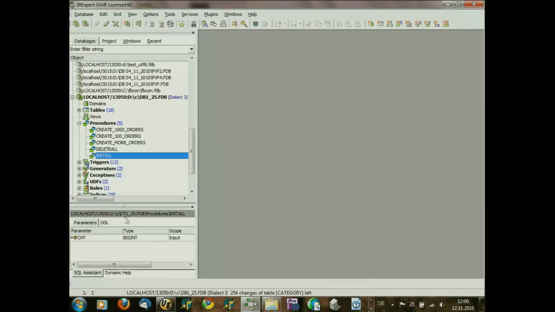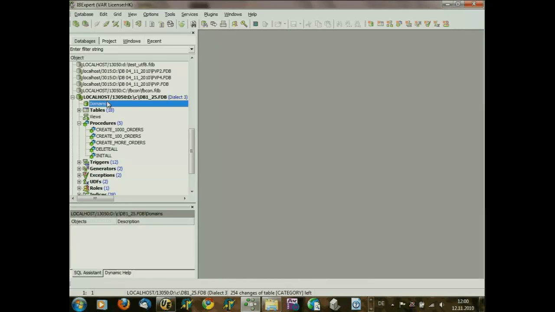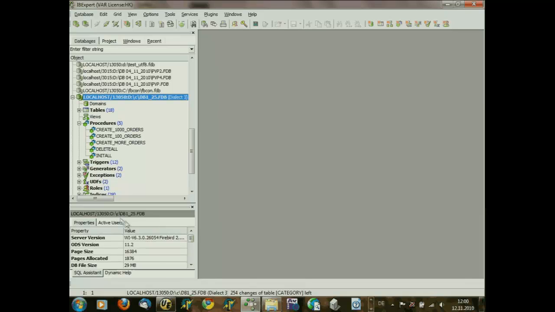The initial database with 10,000 has a size of about 29 megabytes, which is not so big for this amount of data that is already inside. But when you want to have, for example, a test with a database with 10 million records, it makes no sense that you have only 100,000 records inside your database. So it's often a problem to create a database with the projected size of demo data that you need inside